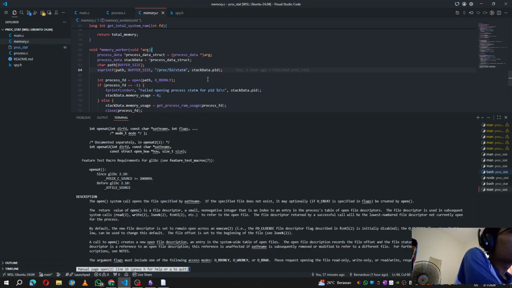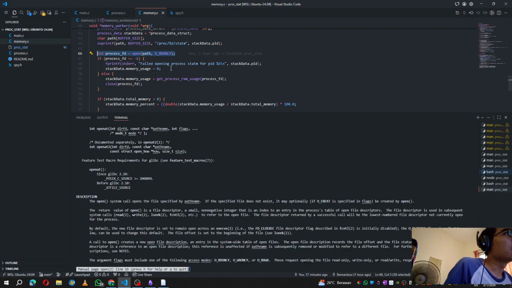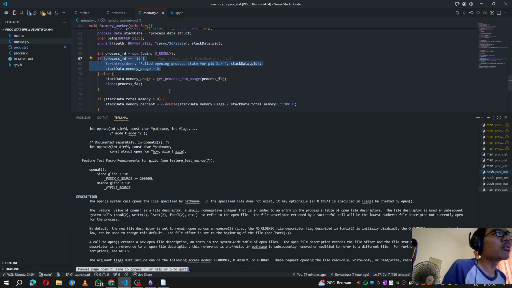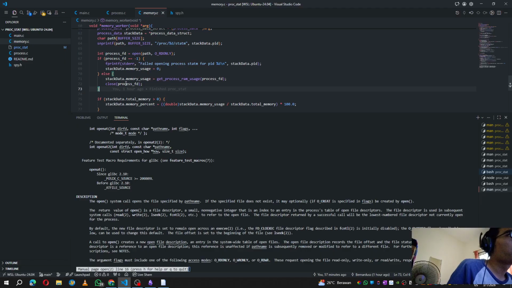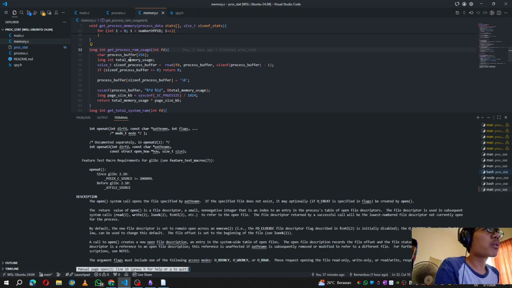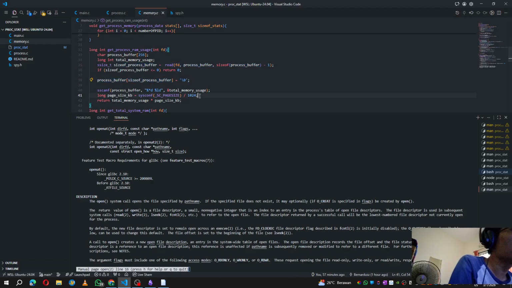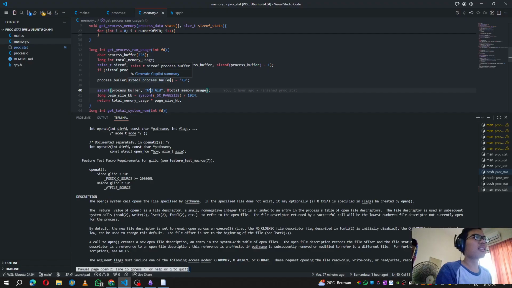We create the path. We construct the path, and then we open the file at the path, and then check, does this succeed or not? Because if not, it sets to 0 and then escapes. But if it does succeed, we set the local data to the appropriate data, which is get process RAM. We have a buffer again right here, total memory. We read it, and then we add the string terminator again, and then scanf,